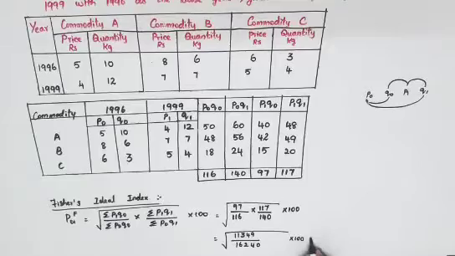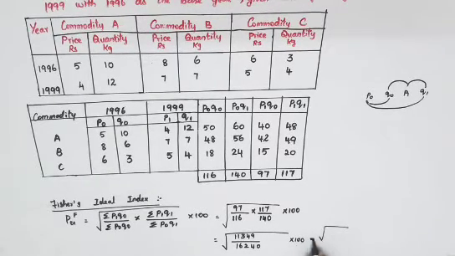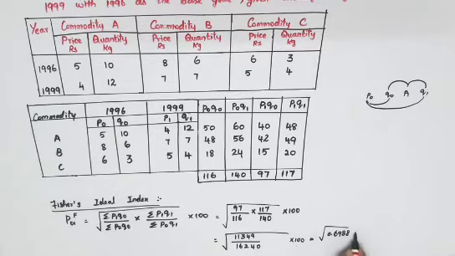Okay, so which is equal to root of, you will get 0.6988, that is you will have to divide these two numbers, you will get this answer into 100. Now root of your value 0.6988, you will have to find root. So the answer will be 0.8359 into 100. So multiply by 100. You will have to move your digit. Okay, decimal point you will have to remove it. That is 83.59 you will get. Otherwise you can write it as 83.6.